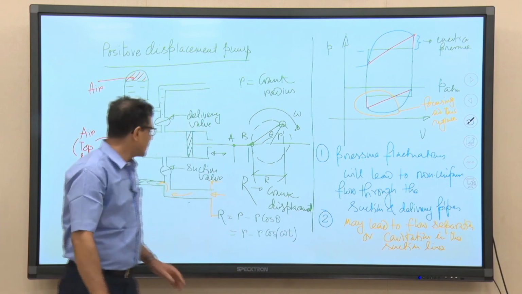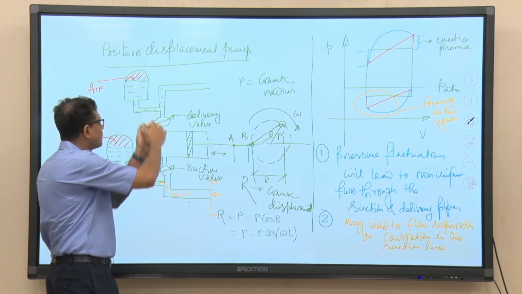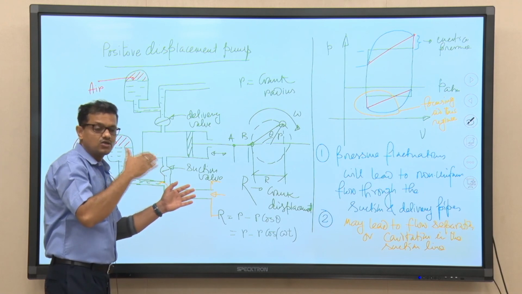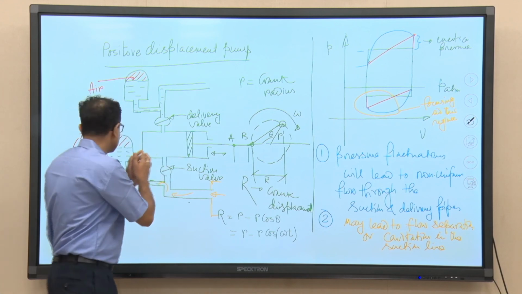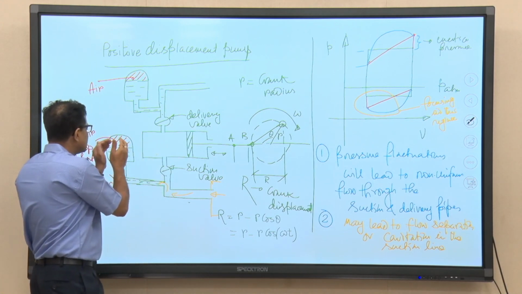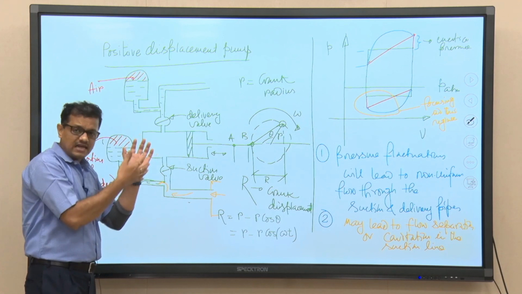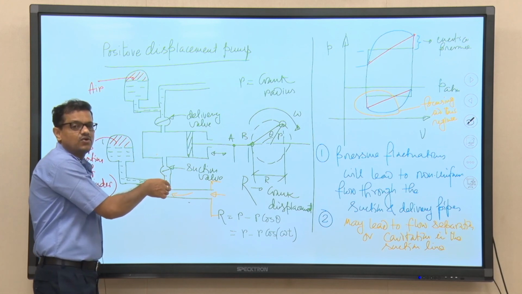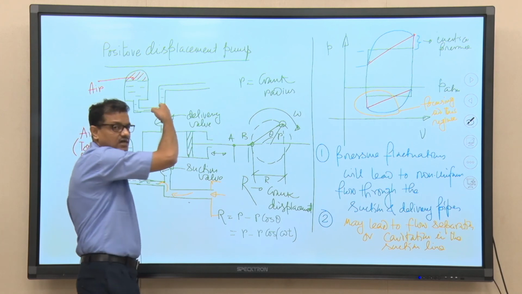What we can understand is that when there is no need of high flow rate, when the flow rate is very high on top of the average flow rate, that flow will go to the air chamber, and the air which is accumulated at the top of the chamber is having energy. That energy will now push the liquid to go back to the suction pipeline when there is a need.